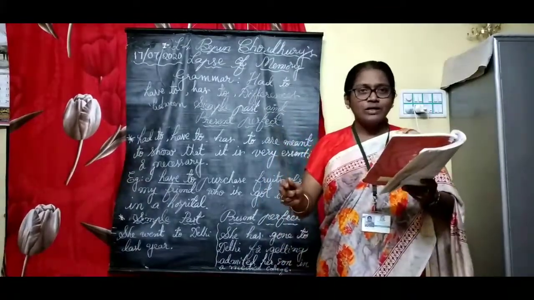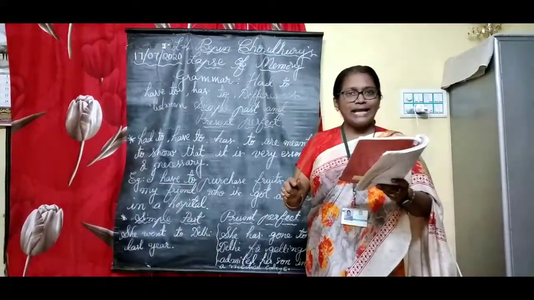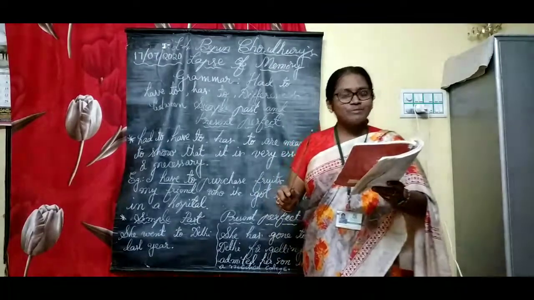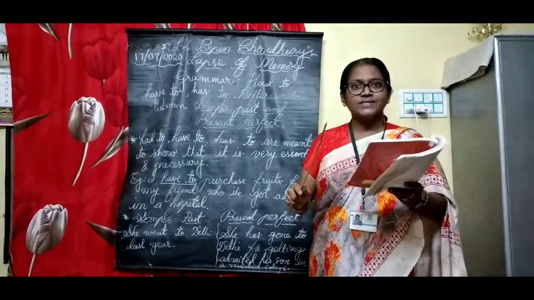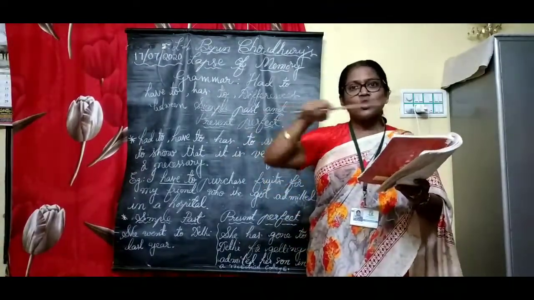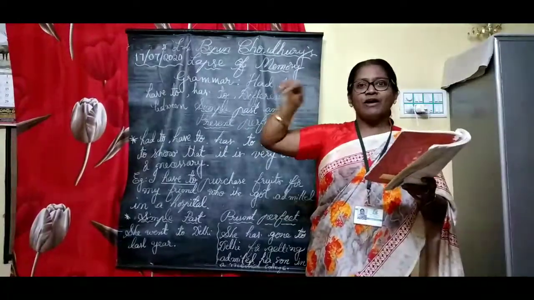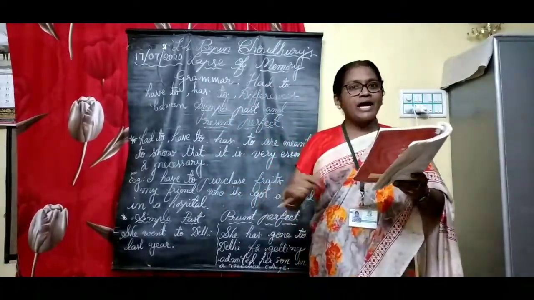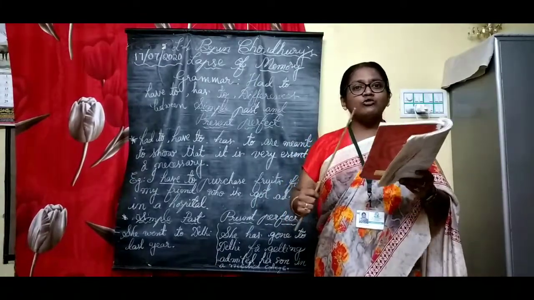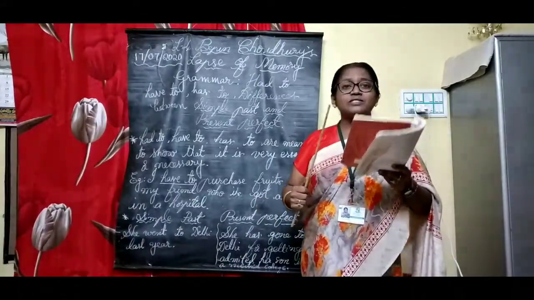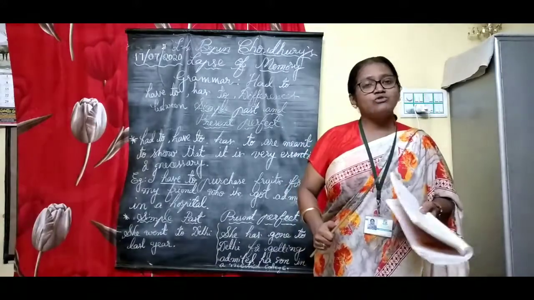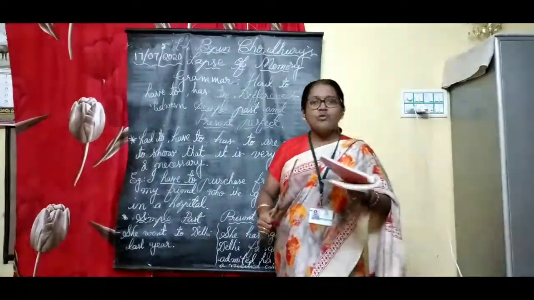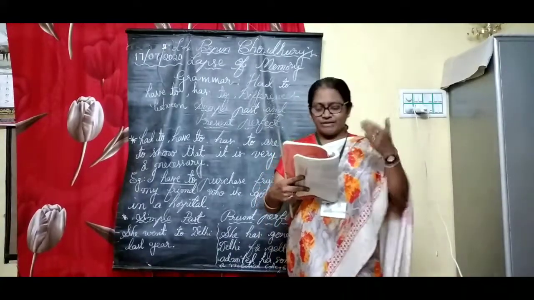Quarters is a noun and close is an adjective. It's a modifier. Here close is modifying the noun quarters. Quarters means it's a colony like thing, where all the houses are located nearby, and my neighbor is in very close quarters, so that whenever I was in great difficulty, I used to run to my neighbor because he lives very close to me. Close quarters in the sense very near.